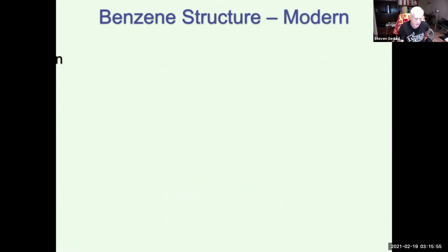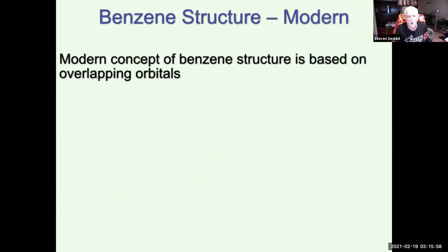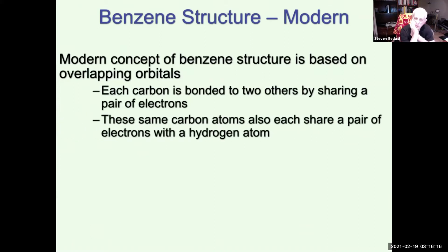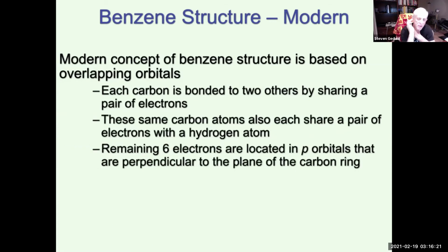Okay, so the modern concept of bonding is based on overlapping orbitals. Remember S, P, D, F, all those fun orbitals that we did in Chem 3? The p orbitals, the pi bond orbitals overlap and form this stable structure. So each carbon is bonded to 2 others by sharing a pair of electrons. The same carbon atoms share a pair of electrons with a hydrogen atom. Okay. The remaining 6 electrons are located in your p orbitals. The pi orbitals allow you to go above the ring, and form a stable ring structure around it that keeps